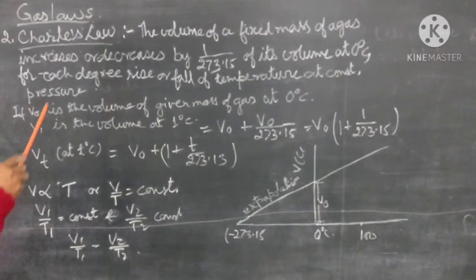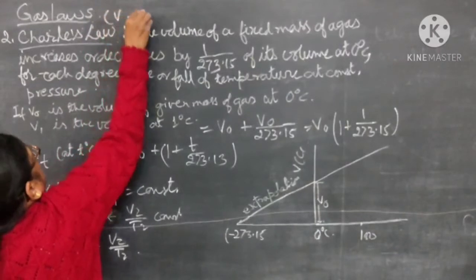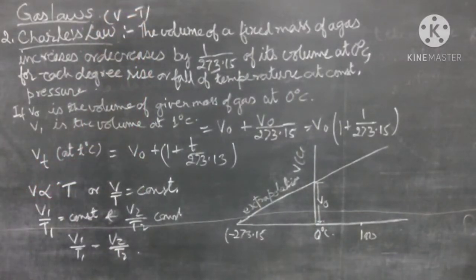The second law is Charles' law, and this law gives the relationship between the volume and temperature. For this, the mass of the gas is constant, and we keep the pressure constant too. Normally when we increase the temperature, there is an increase in the volume of the gas. I think you have seen when we put a balloon on hot water, slowly its volume will increase due to increase in the volume of the gas filled in the balloon. This is the general property that you have seen also.